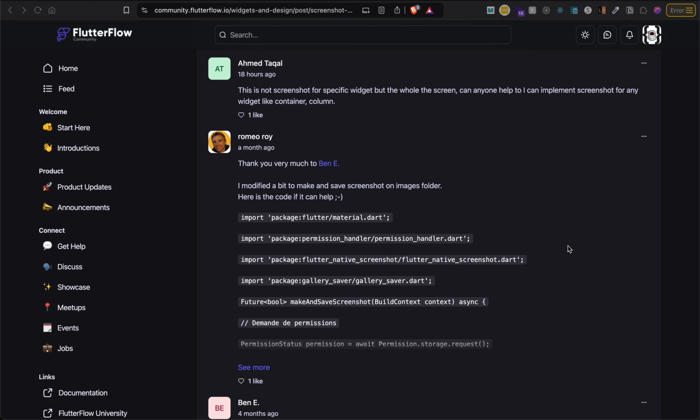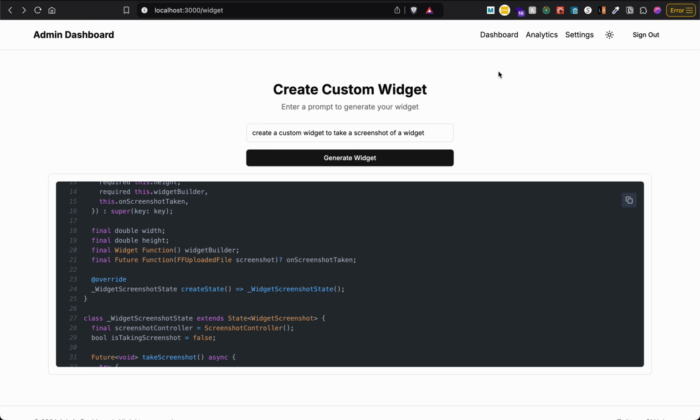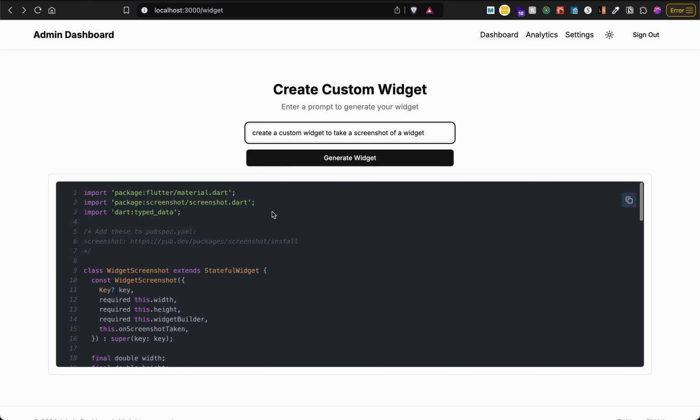Hey, so in this video, I'm going to show you how to screenshot a specific widget. So this is what this guy wants. And yeah, I made a tool to generate basically custom widgets. To test it out, I was going through Get Help and just adding different scenarios here. So I put, create a custom widget to take a screenshot of a widget, and yep, then it gives me this code,